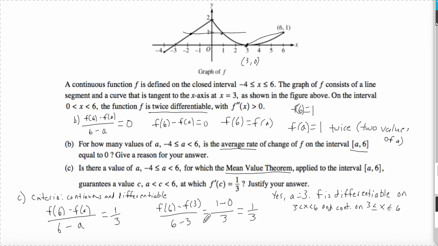We already showed our slope of our secant line, so we don't need to show that again. So we can simply say, therefore, by the MVT,